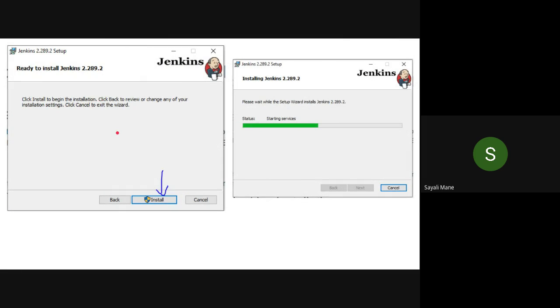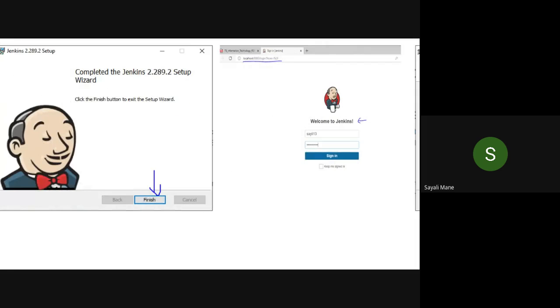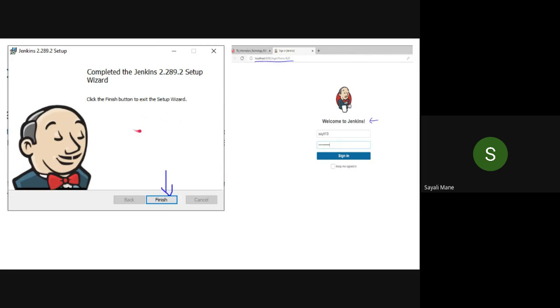Now they will ask you for the installation. Click on install and wait for it. Since I already have an account of Jenkins, a few steps will be missing from my slide, for example the authentication password. That screen will come in your respective account, so just let me know. I think before finish, they will show you some account.